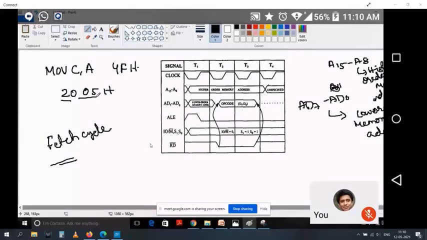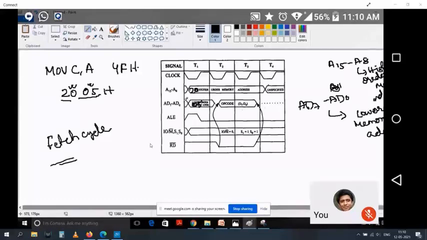Now you have to put the data here. You will have to extract this information 4FH which is there. Here it is the high order memory address, so it is always addressing as memory. Here I am putting 20H. So my 20H I have put, 8 bits I have taken care of. And this is another 8 bits, so I will put it here in the low order.